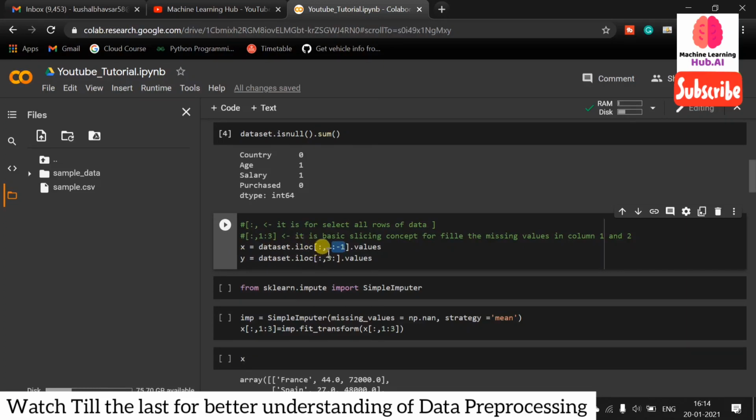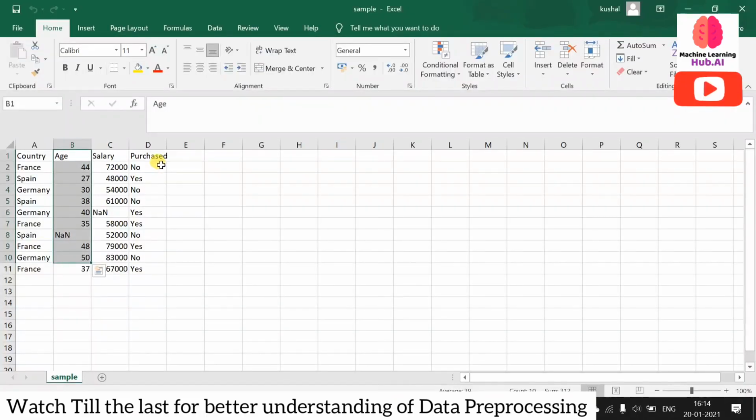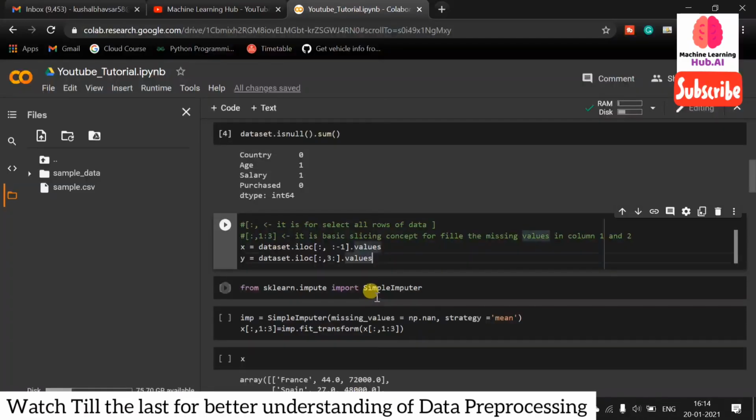The rows part means how many rows we want, like if I want only 5 rows, 7 rows, 10 rows. If I don't enter anything and leave it empty, it will consider all the rows. Now in the x we don't need the last column, so that's why we have written -1 here, then dot values. Dot values means it will consider everything as values.